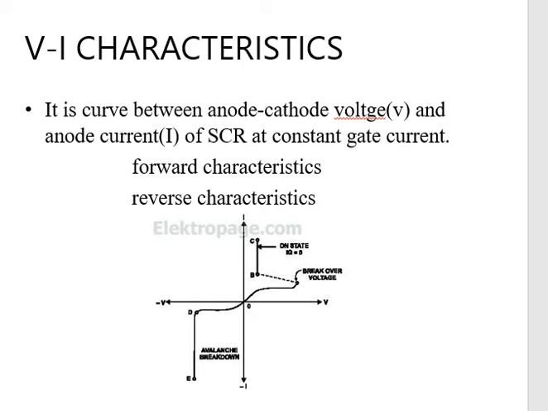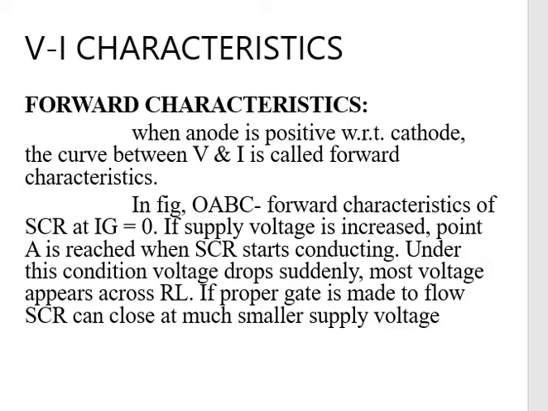Then we are going to see about the VA characteristics of SCR. It is the curve between anode-cathode voltage and anode current of SCR at constant gate current. It has two parts, that is forward characteristics and reverse characteristics. First let me tell about the forward characteristics. When the anode is positive with respect to cathode, the curve between V and I is called forward characteristics. In the figure,